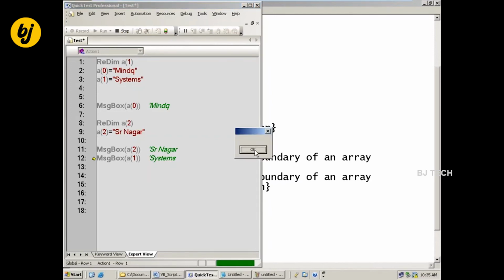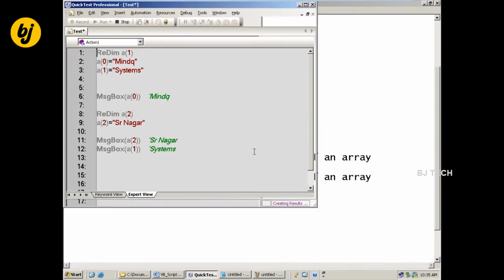What is the output I got? No output is given for us. Whenever I redefine an array size, already existing values are cleared. When I redefine the array size here, these values are removed from your array.